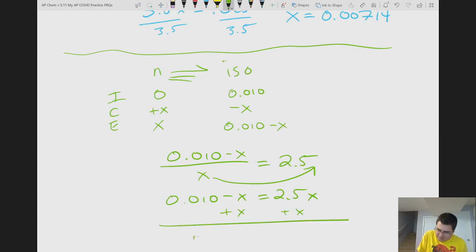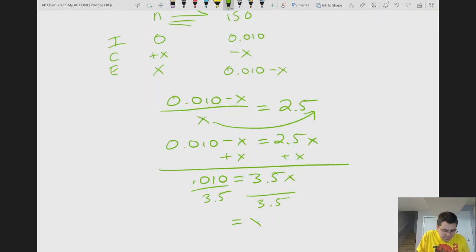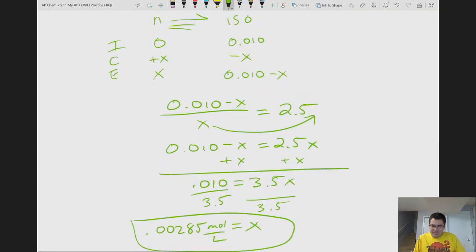This side I get 0.010 equals 3.5x. I divide by 3.5. 0.010 divided by 3.5. I get x equals 0.00285, and that is moles per liter,